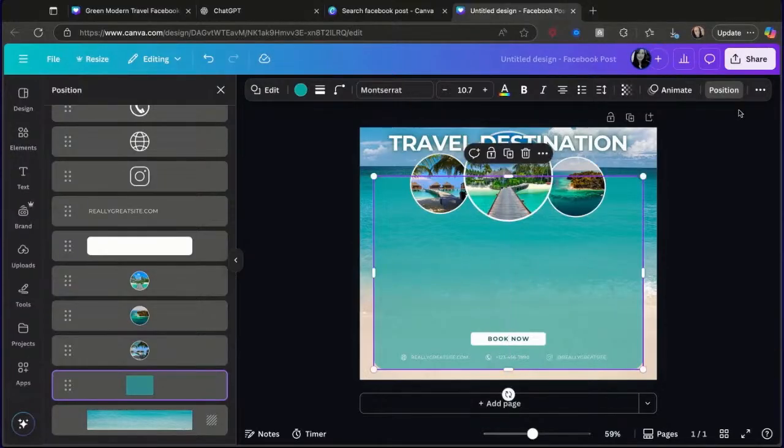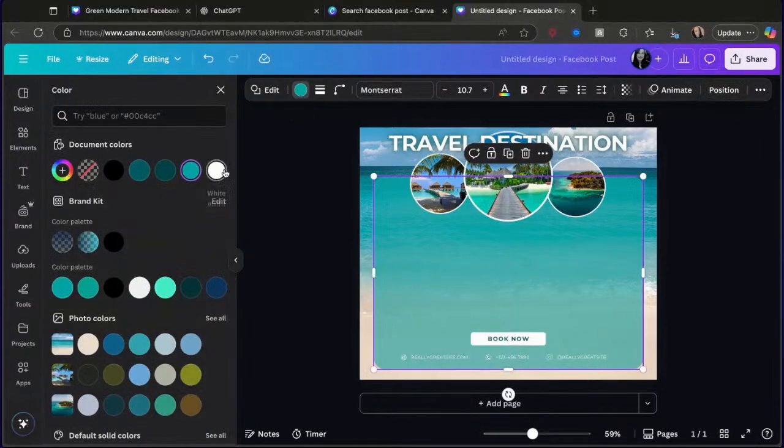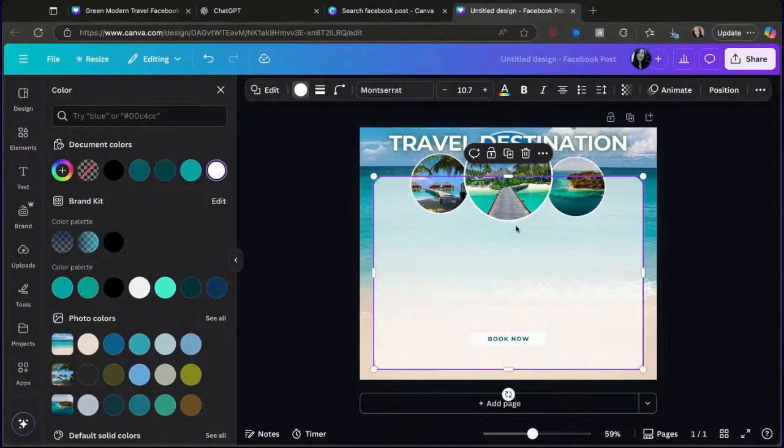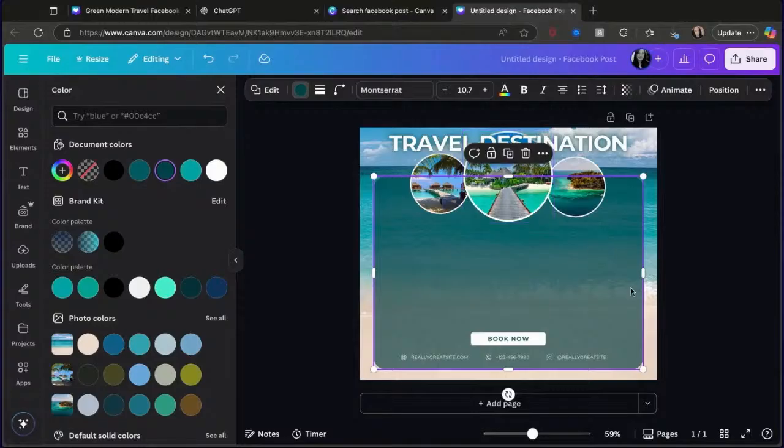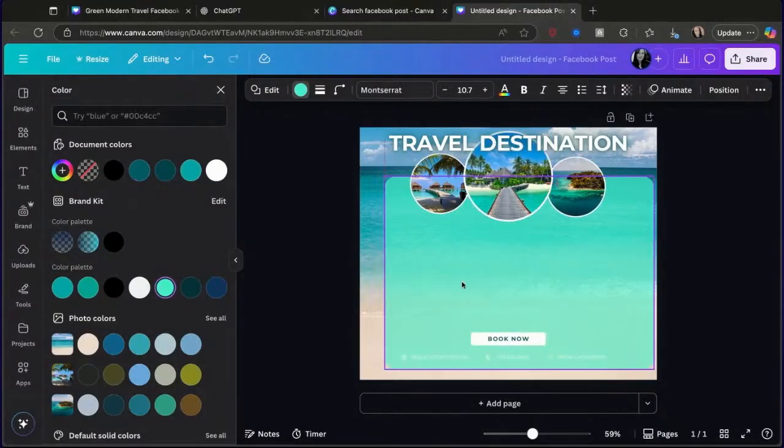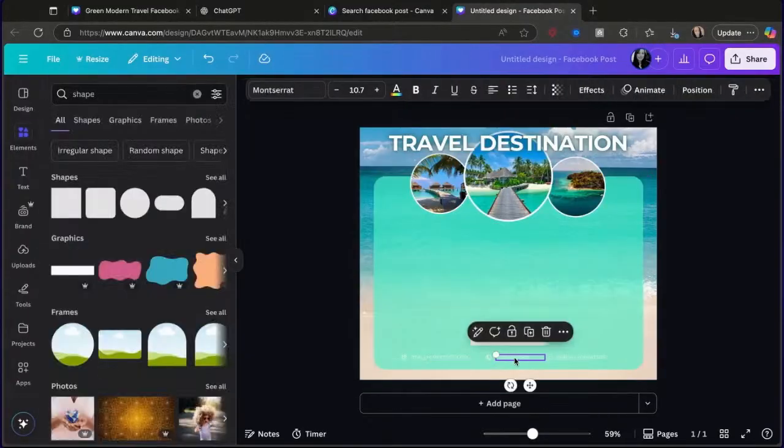And we could change it. If you didn't like it, you could do white. This is my brand colors, so that's why it looks like this. But this one could be good. You don't want to do too dark, guys. You want to be bright. You want to catch their eyes. So something like this would actually be really good. We're going to get rid of, um,